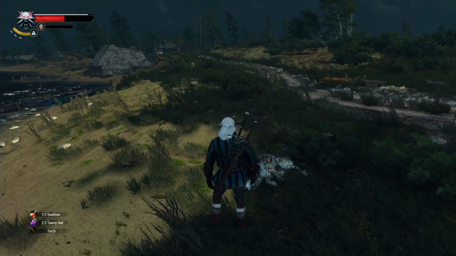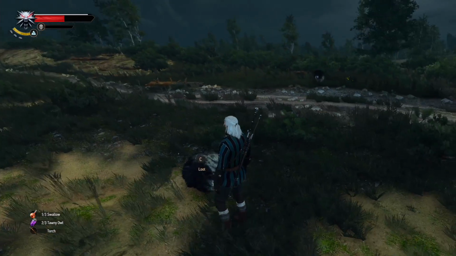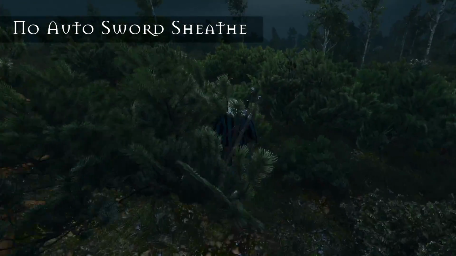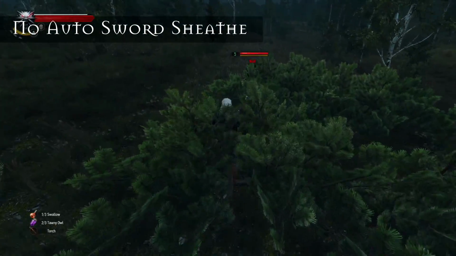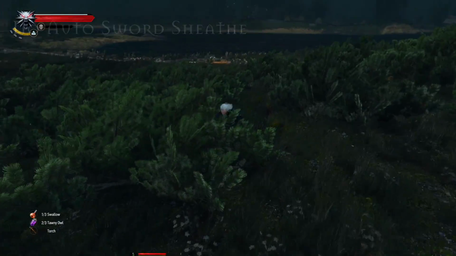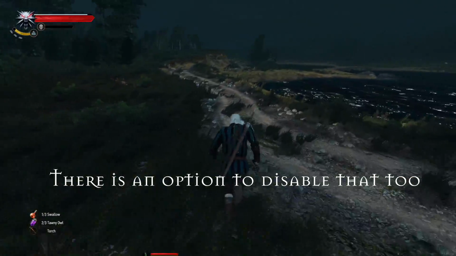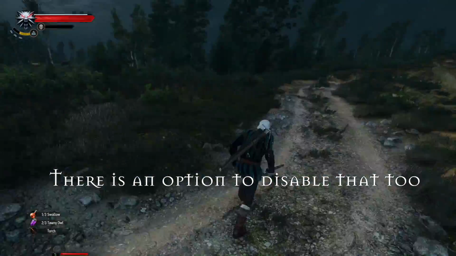Now, this is something that's annoyed me a little bit in the series as a whole, but with a mod called NoTalk, you can engage the enemies. You still take the sword out automatically. You'll notice Geralt took the sword out as soon as he realised he was under attack. But